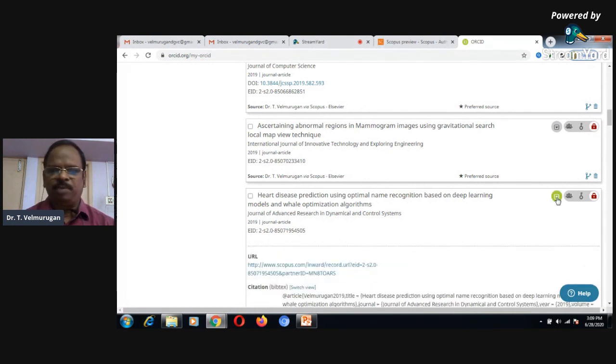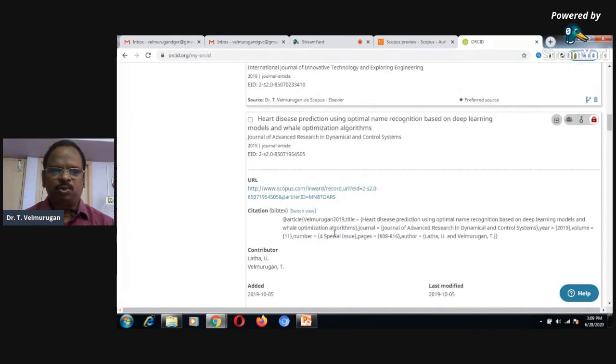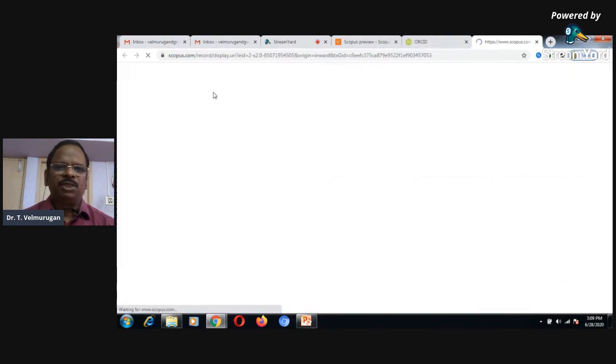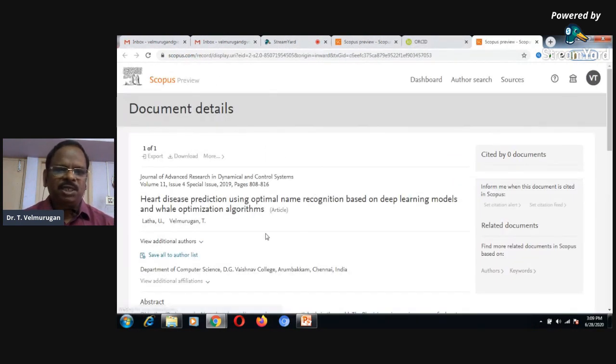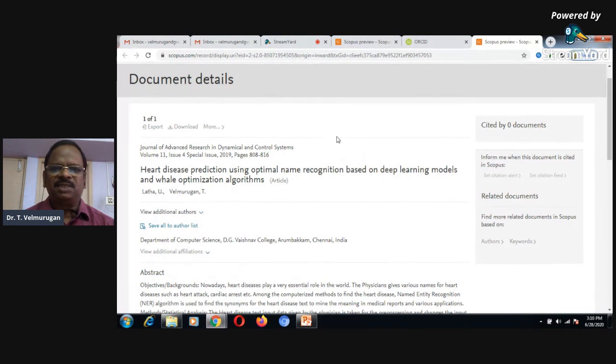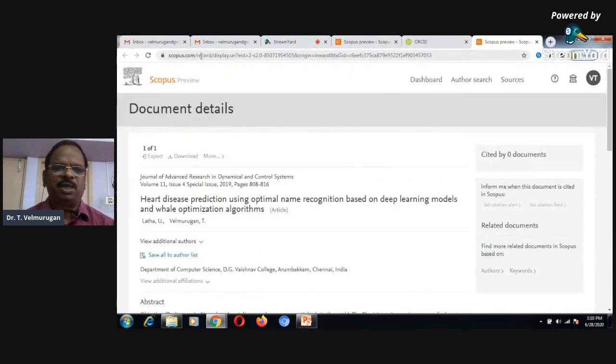You can simply press this one. This is the source for Scopus. If you click this link, it will show your article which is available in the Scopus database.